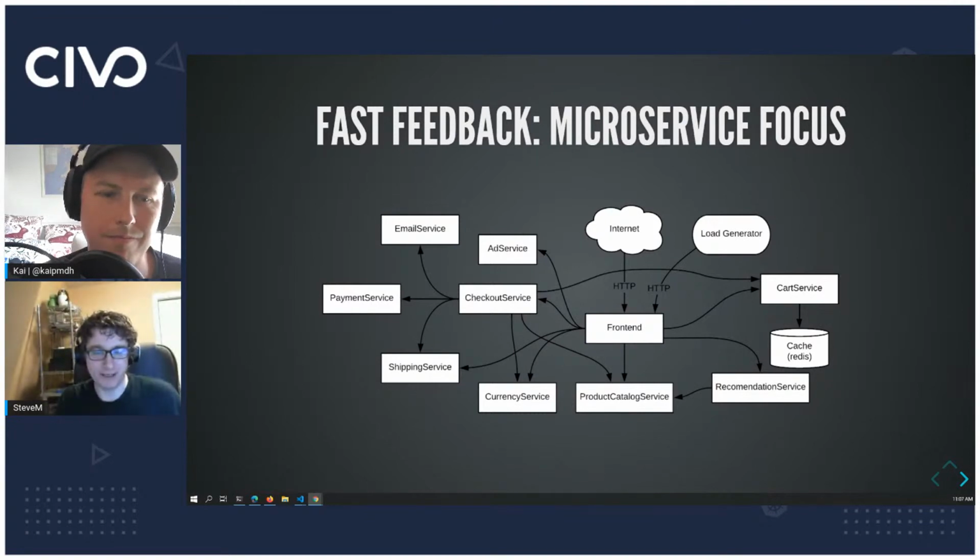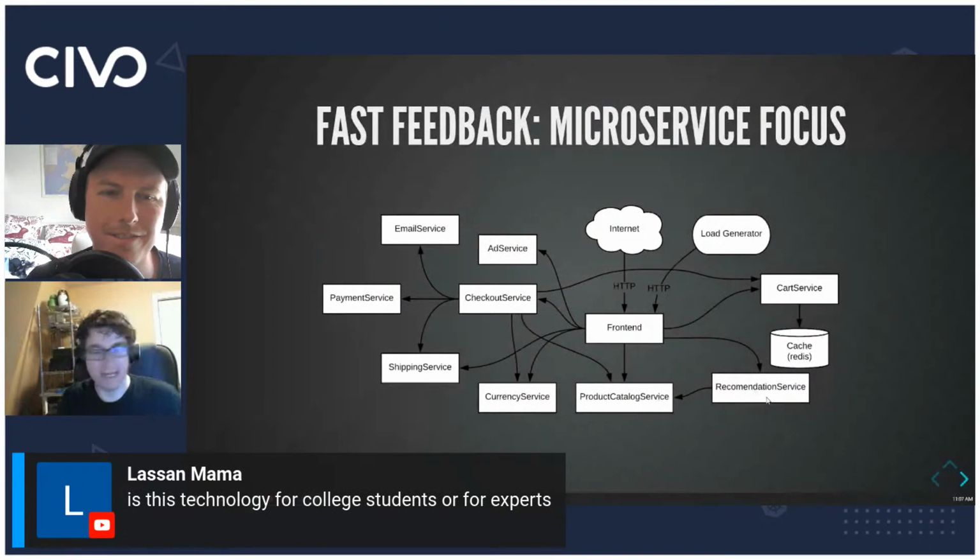What I like about the Google microservice architecture is that a lot of these are written in a variety of languages that are common in the microservice realm. The front end itself is written in Golang, but I'm pretty sure the recommendation service is in Python. There's a C# application, there's Java applications. From your development standpoint, if you need an example of a microservice in, say, Node, I can find the Node application within here. And if you go to the repo,